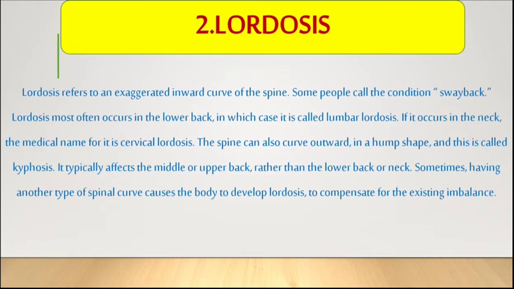The spine can also curve outward in a hump shape, and this is called kyphosis. It typically affects the middle or upper back rather than the lower back or neck. Sometimes having another type of spine curve causes the body to develop lordosis to compensate for